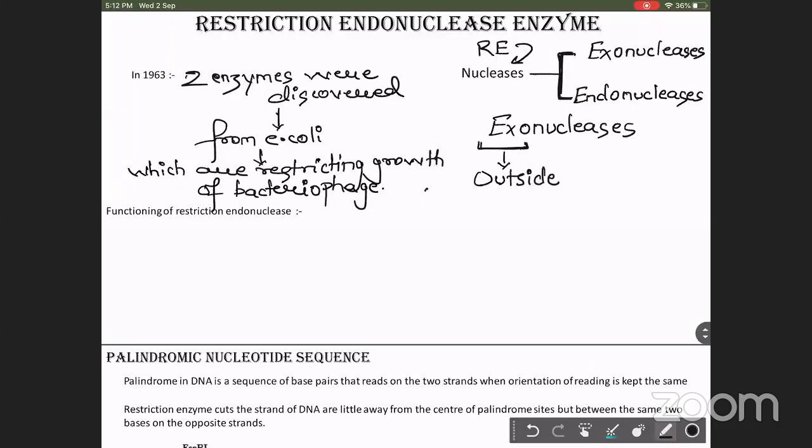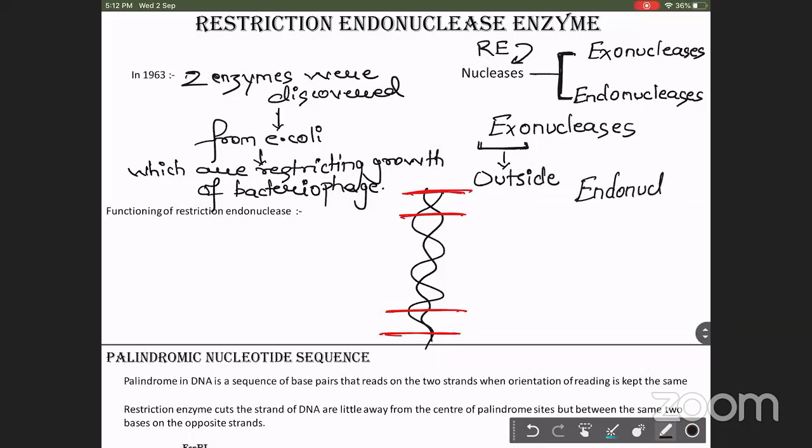Means what is happening is that this is your DNA molecule. What will happen? When the exonucleases come into working, these exonucleases will remove the nucleotides from the ends of the DNA. And when we are talking about the endonucleases,